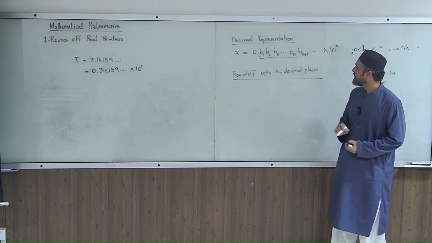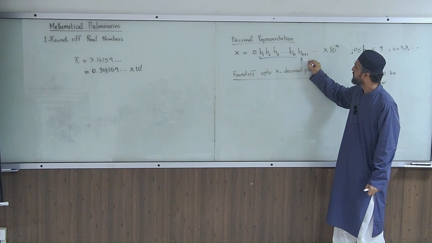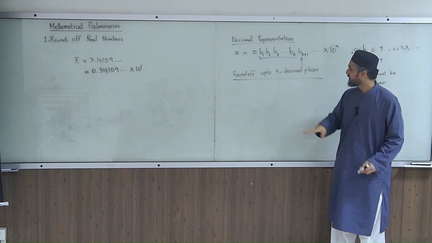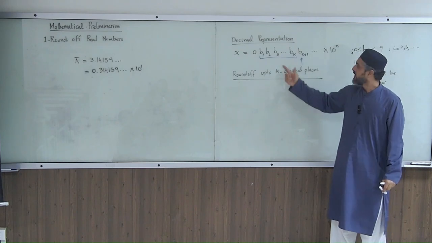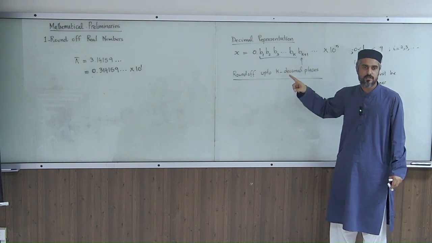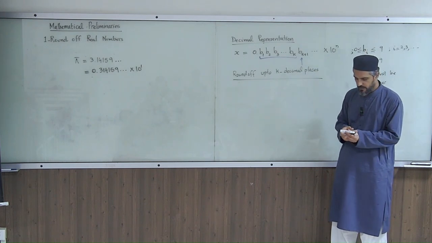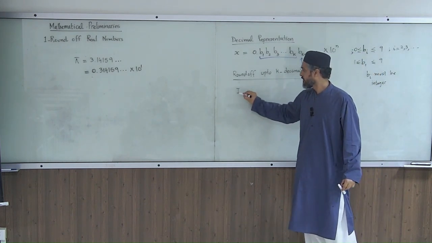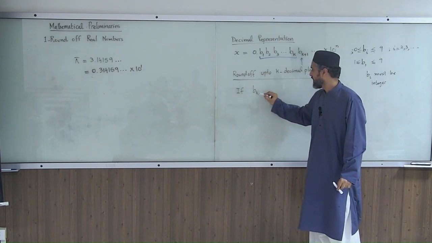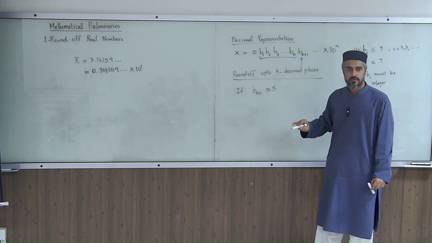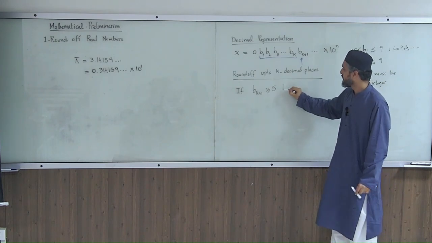And I need to see what is the value of the next integer after k numbers. So at the k plus 1 position, what is the number? If this b(k+1) is greater than or equal to 5, then